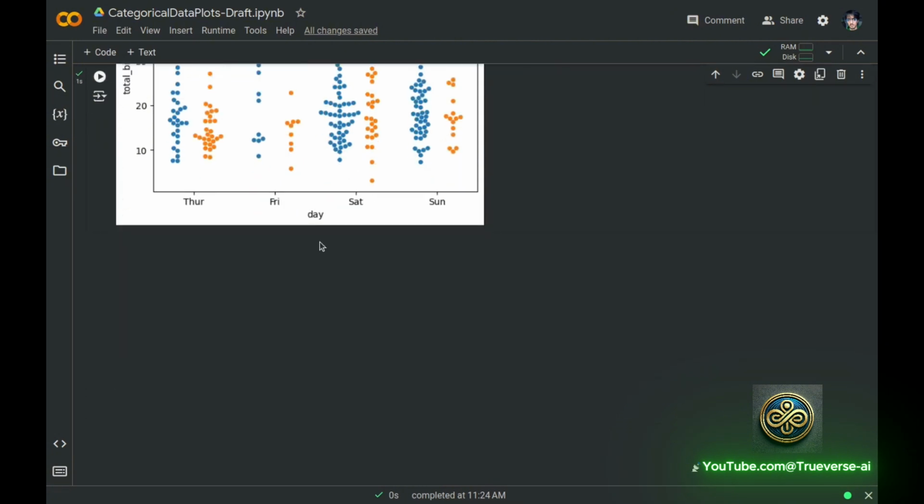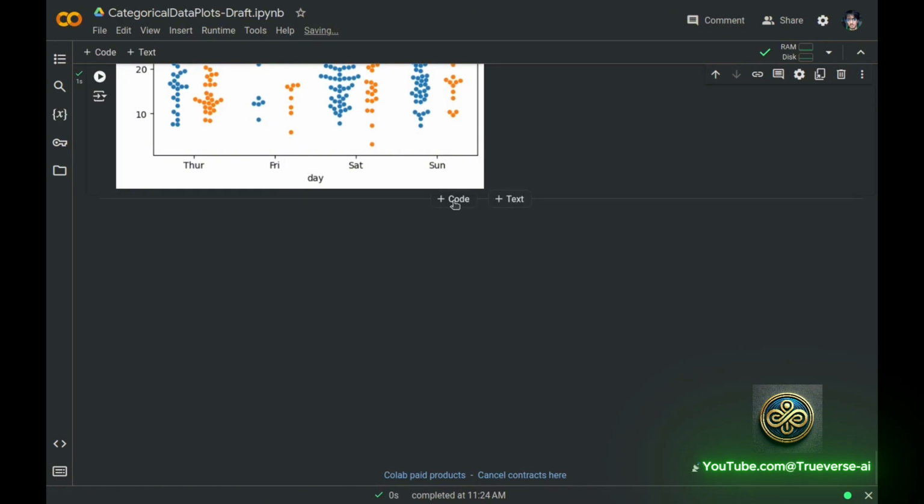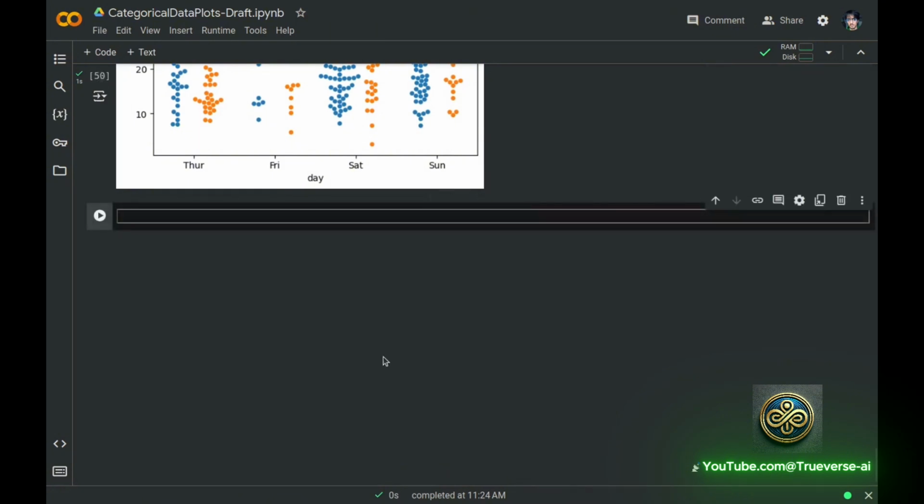You can even combine multiple plots for richer visualizations. For example, let's combine a violin plot and a swarm plot to see the overall distribution and also the individual data points. We use tip as the x-axis and day as our y-axis. So you can have violin plot